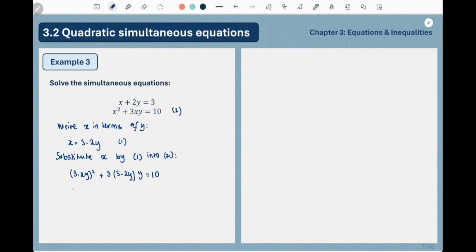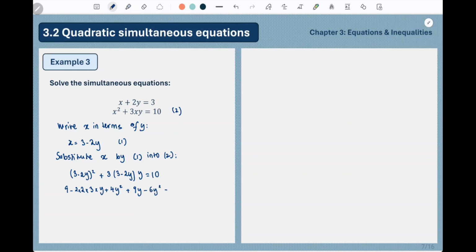So we have 9 minus 2 times 3 times y, plus 4y squared, plus 3y times 3 is 9y. Oh, I think I'm missing a 2 here. So 9 minus 2 times 2 times 3 times y, minus